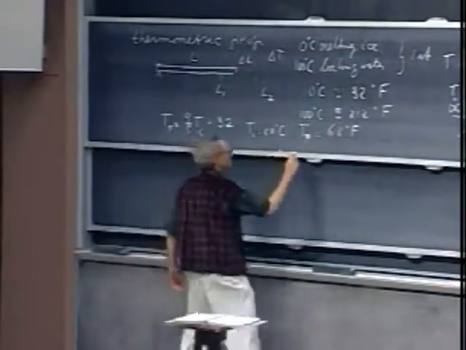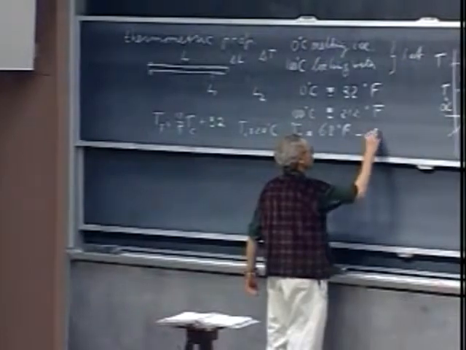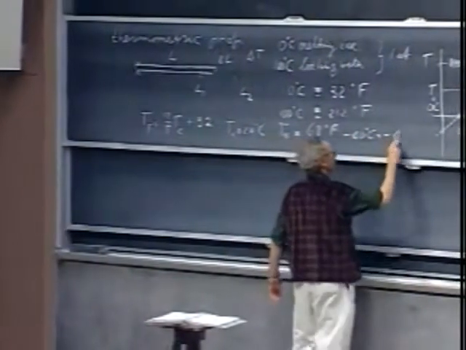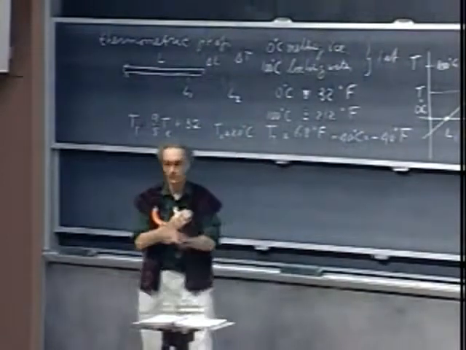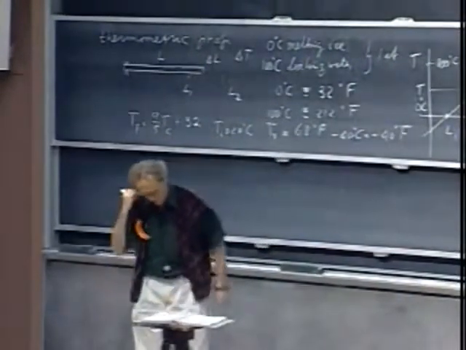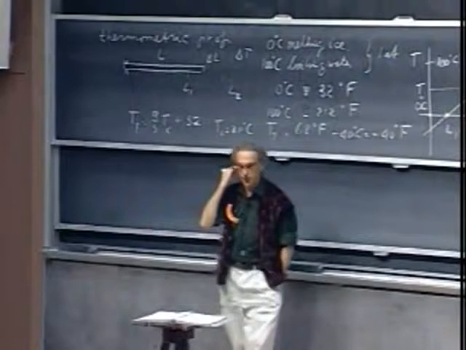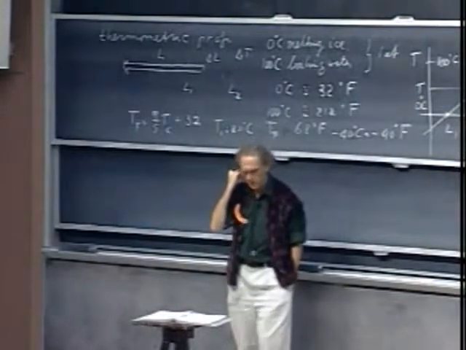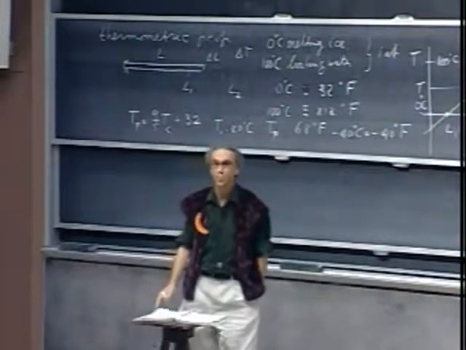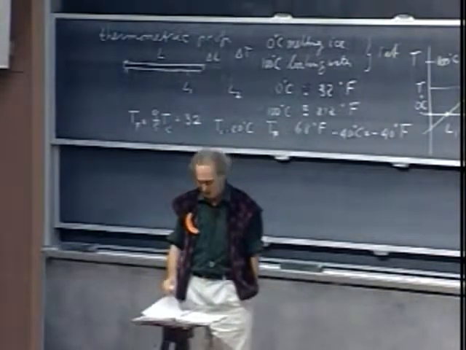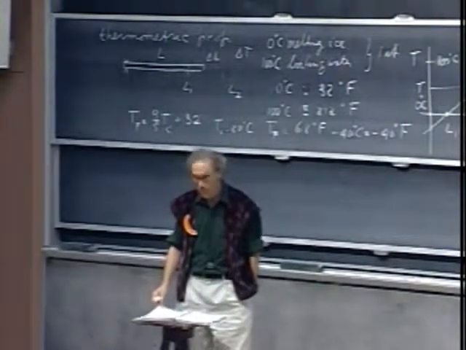Minus 40 degrees centigrade is the same as minus 40 degrees Fahrenheit. Check that. That's where the two scales cross over. So almost the entire world uses the Celsius scale. It's part of our metric system. The United States is one of the very, very few countries who still, in a rather stubborn way, uses degrees